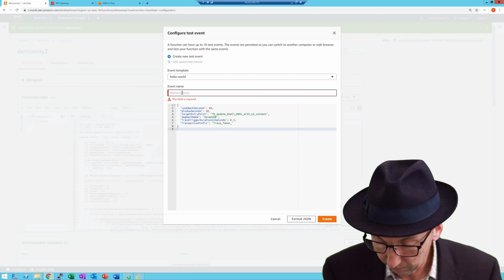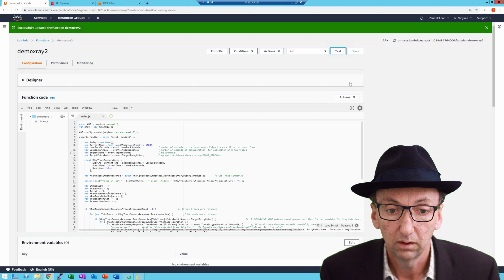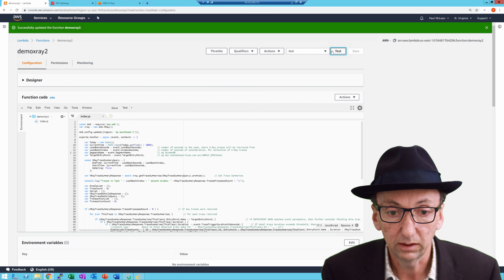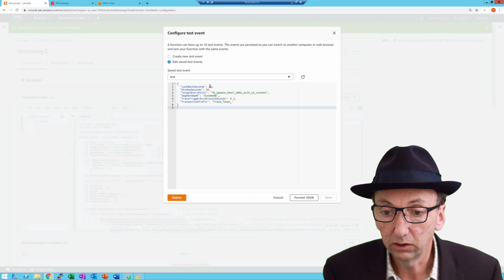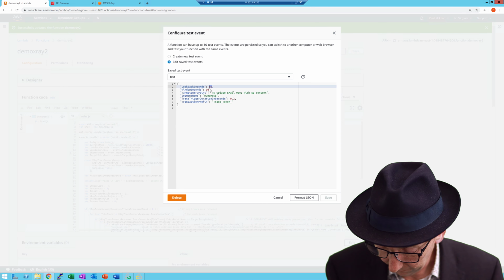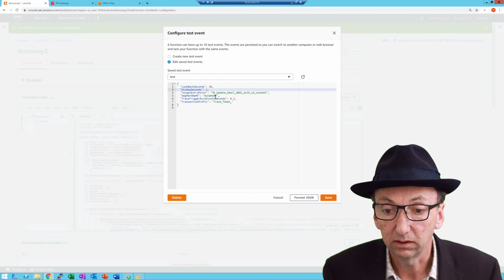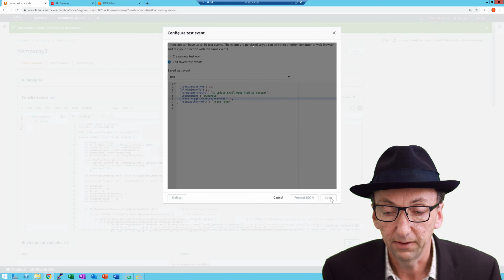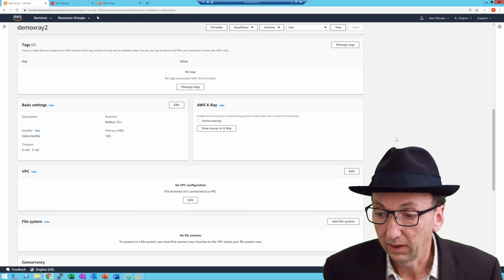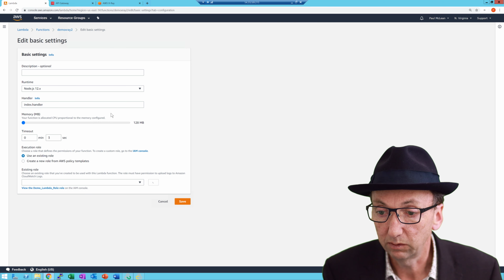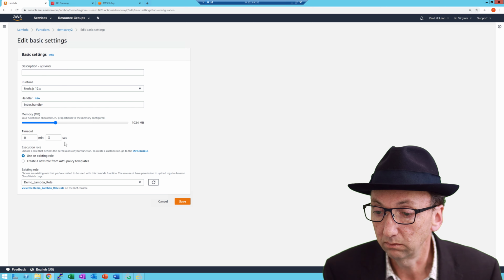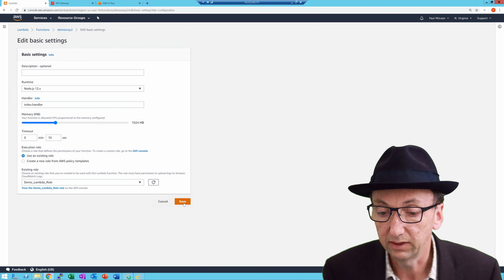Create, got to give it a name. And before we run it, actually, this is looking back 60 seconds. Let's just make it look back 20 seconds for a 1 second period. And let's only look at transactions that take more than a second. We'll save that. But before we run it, it takes a fair bit of CPU, so let's just bump this up to 1000 meg, or a gig. And let's bump this one up to 10 seconds. We shouldn't need 10 seconds, but